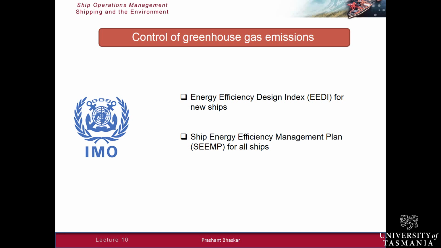As far as the efficiency management plan is concerned, that basically establishes a mechanism for companies to improve the energy efficiency of ships through measures such as improved maintenance of the hull and propulsion systems so that ships don't burn too much fuel, better or more efficient voyage planning, better weather routing so that ships burn less fuel or arrive at their place quickly, making sure that the speed is optimized for less fuel consumption, etc.